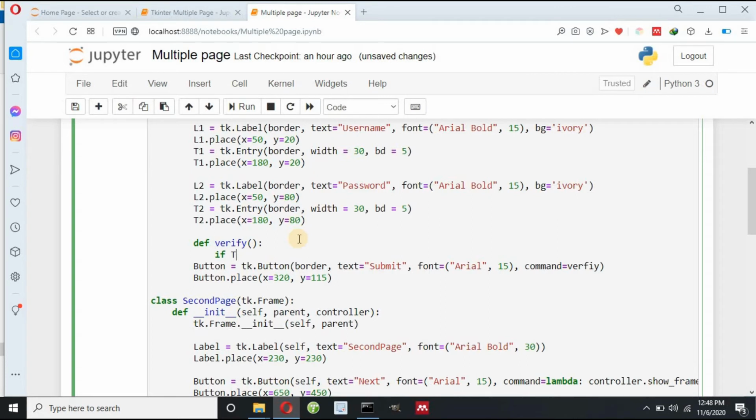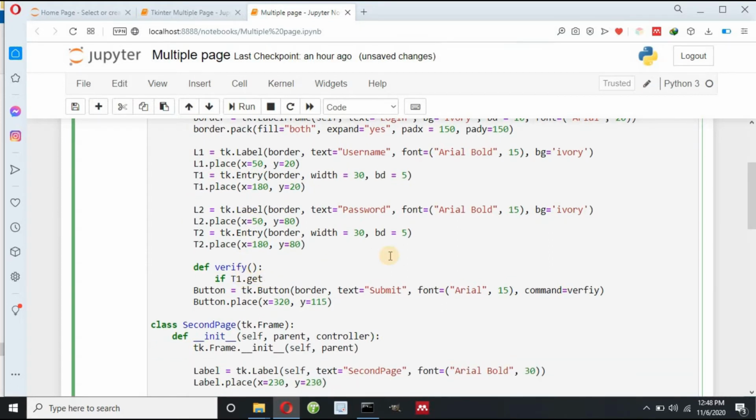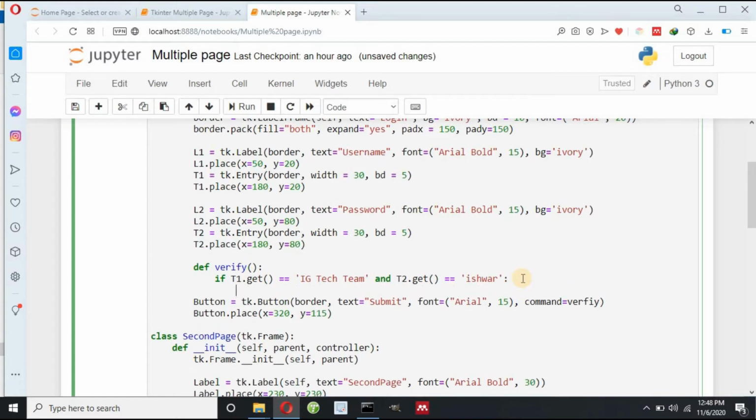Suppose if t1.get, I have my username inside this t1, I have stored my name in t1, so I can write t1.get, means if I give my username equals to, suppose, IG tech team, and if I give my password as, suppose, Ishwar, then only I have to redirect to second page.